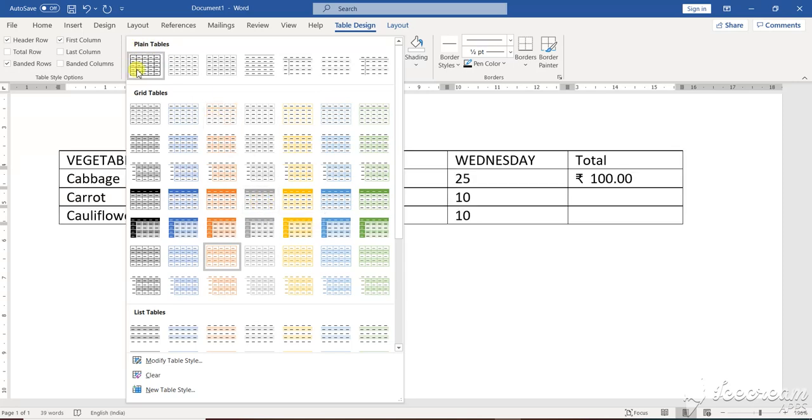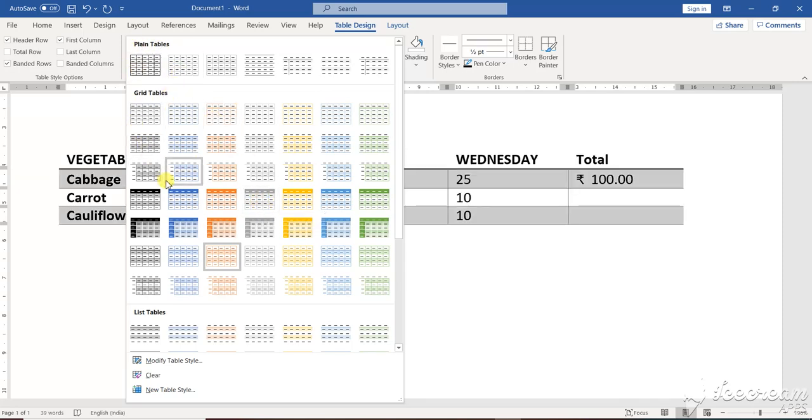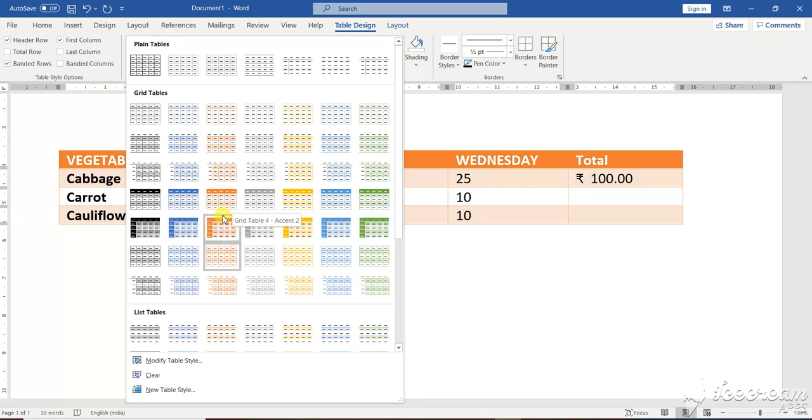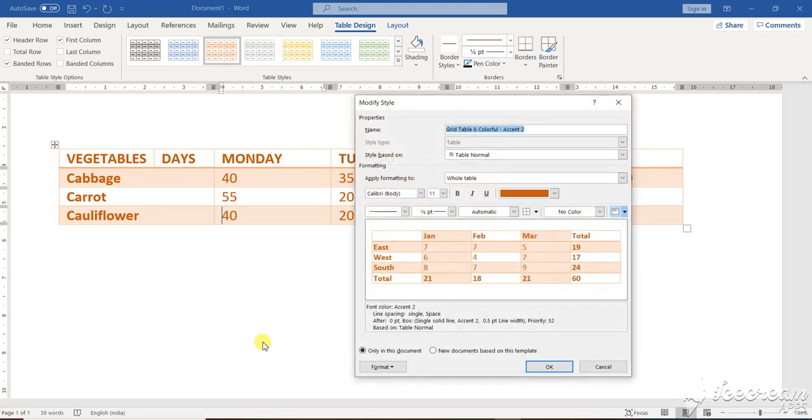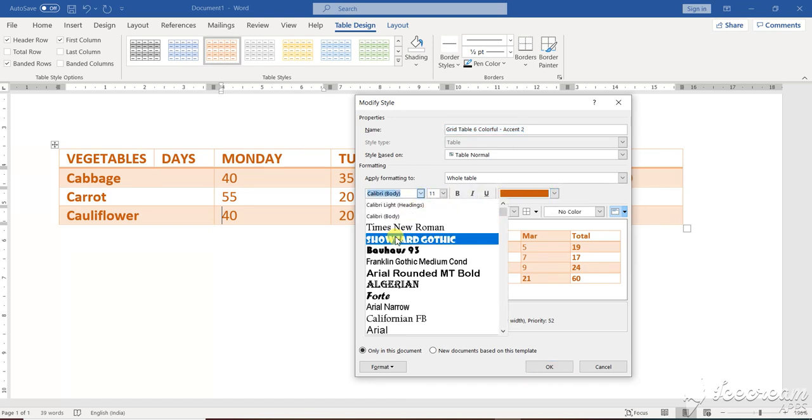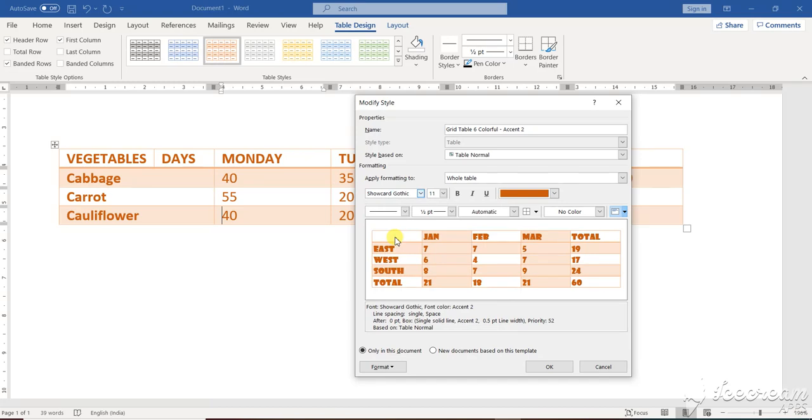Different types of plain grids also you can use. Okay, any pattern of layouts that is applicable, that you think is best or good for the presentation, you can do it. There are modifying styles also. See here, those are the different types of styles. So you can use the style as per your requirement. You can change the color, whichever color you want, whatever writing style you want, writing pattern. See here, if you want, this particular pattern of writing is going to come, isn't it?